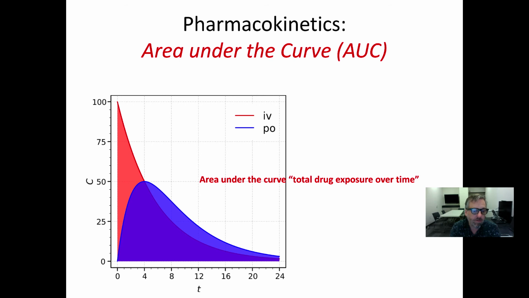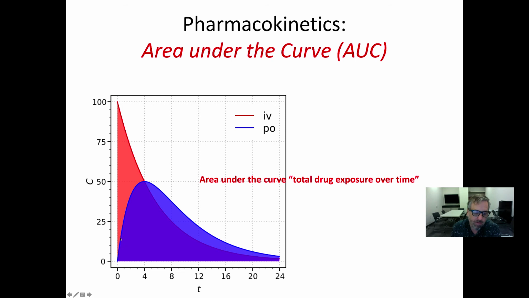So obviously, when you give somebody an IV at time 0, when you give the drug, you are at maximum concentration of that drug because it doesn't need to be absorbed through the gut. And then as the drug begins to break down, we see the level drop off as in this red line here. Now, with an oral,